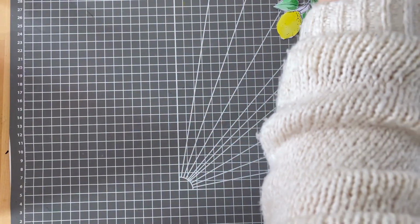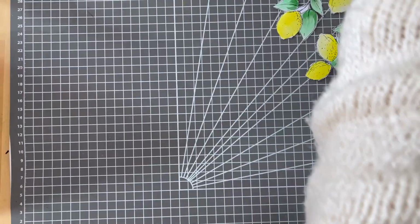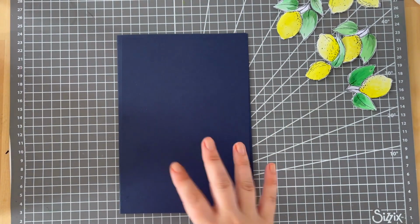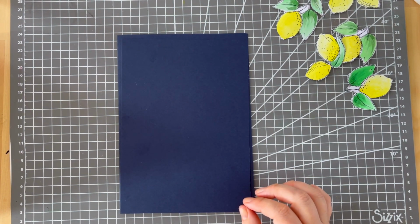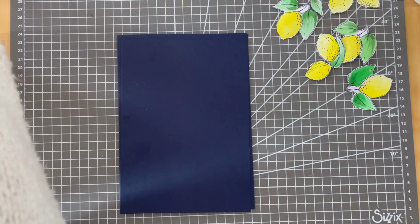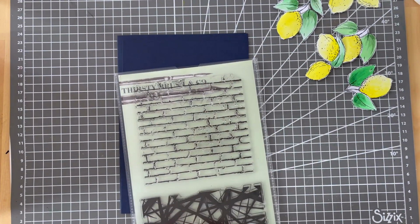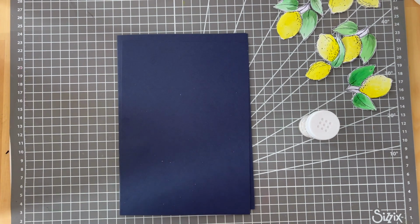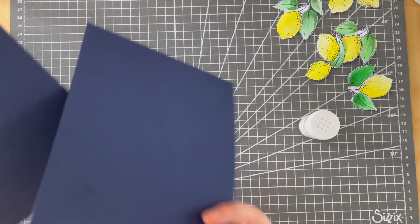So on the background, what did I have? My navy card. So I've got A5 and then I've cut one slightly smaller. I want just a little bit of texture on there. So I'm going to use the brickwork background. And I'm going to use some clear embossing powder. So hopefully that will just give us a little bit of texture and shine to this background piece. So if I grab my Eureka,